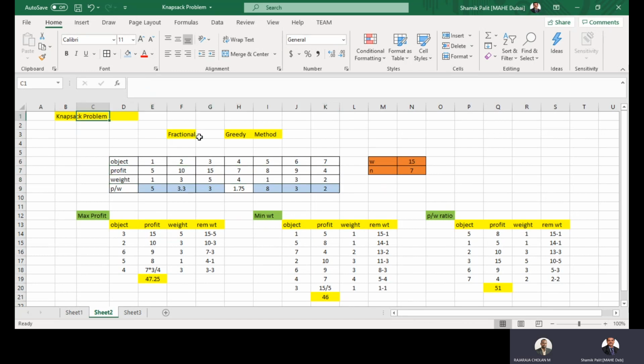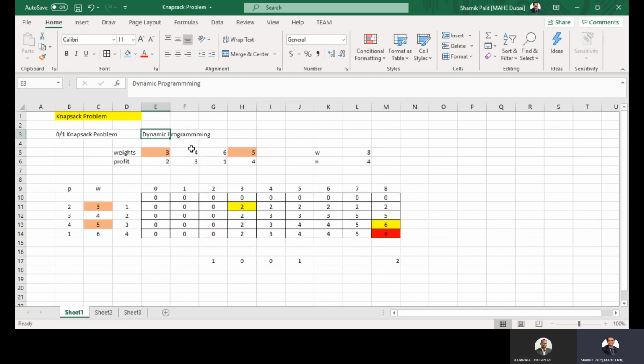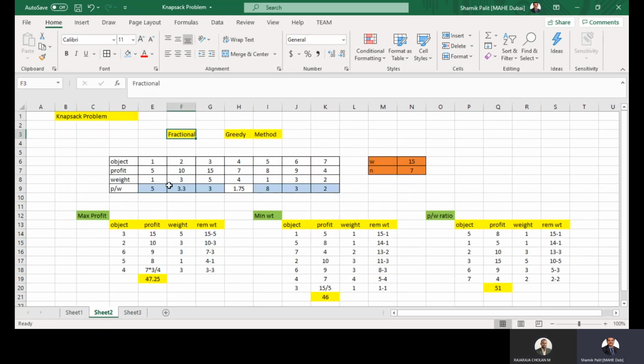You will be told to apply the knapsack problem and solve it through a greedy method. They may not tell you to solve it through a fractional method, maybe the question just says solve it through a greedy method. So you apply the fractional solution. And if you are told to solve it using dynamic programming, you use 0-1 knapsack. If the question is direct that use 0, 1, then you have to use 0, 1, so you don't have to think anything. And for fractional, if nothing has been told to you directly, you can use this particular method, because this is the best method of the fractional knapsack problem.